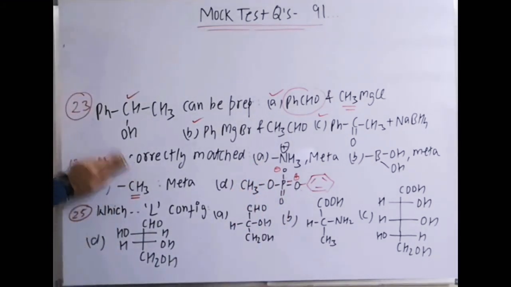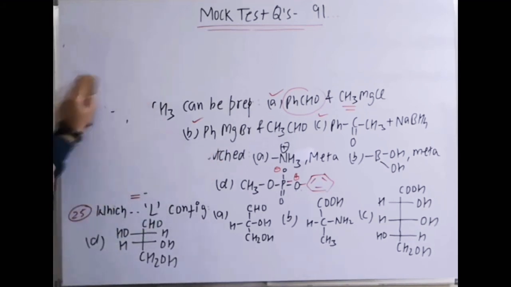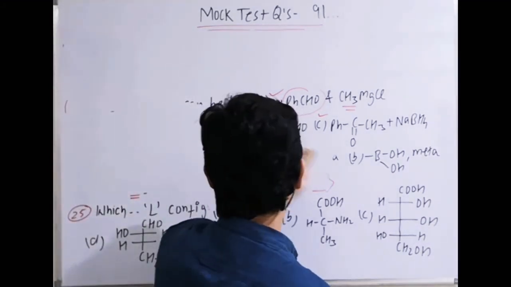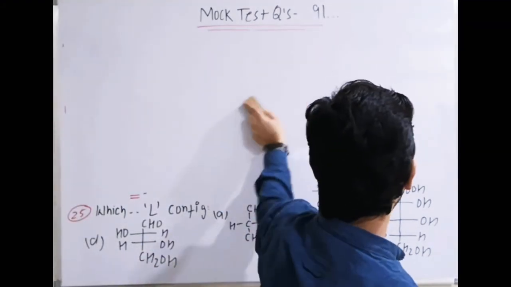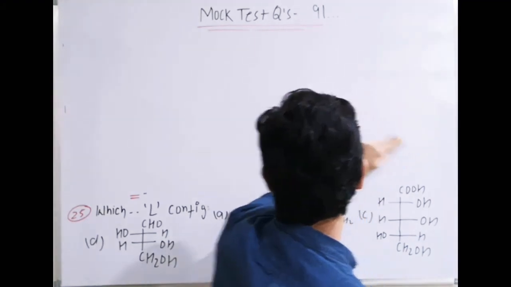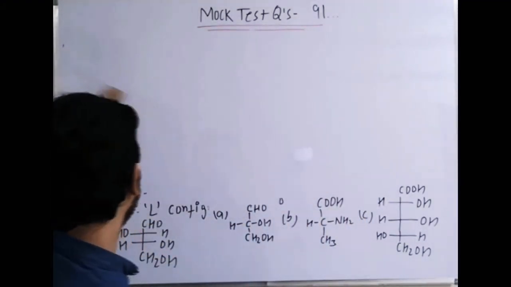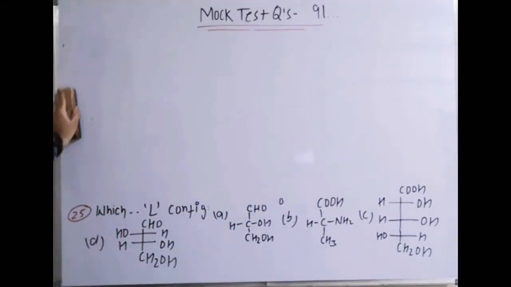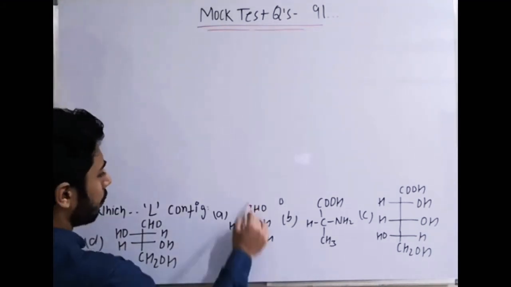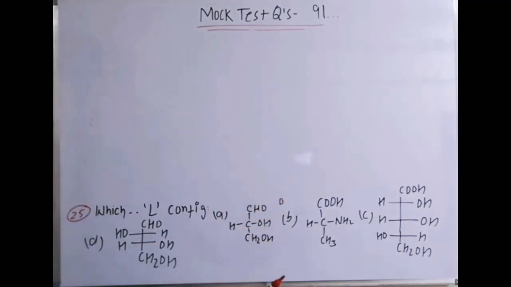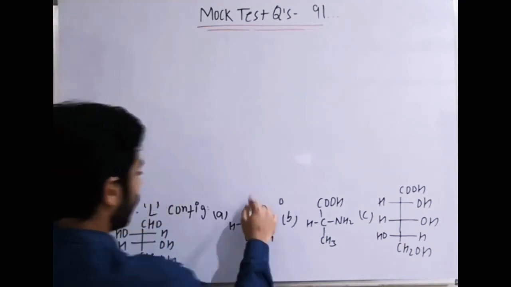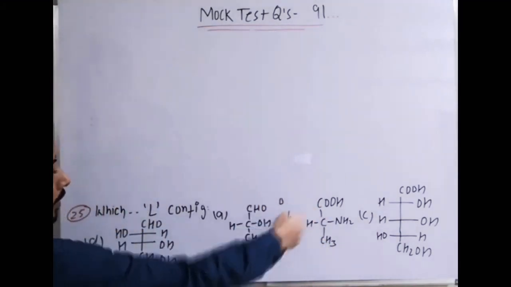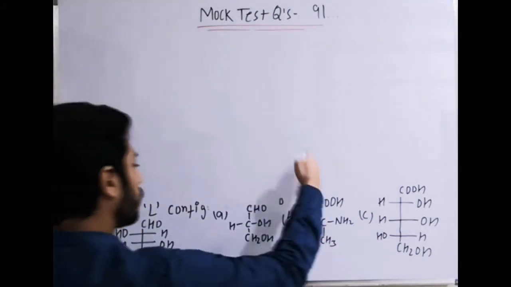Okay. Then the next question is to identify which is the L configuration. Remember capital D, capital L, it is covered in optical isomerism separately, so it is a very basic question. After a long time I have seen this question in the mock test, so I have taken it for discussion. You can go for CHO here. Firstly we write it in Fischer projection, considering it to be a Fischer projection. I am not writing carbon here because it takes more space. Considering that all are in Fischer form, the way they have written it is like this. It is only Fischer we can take.